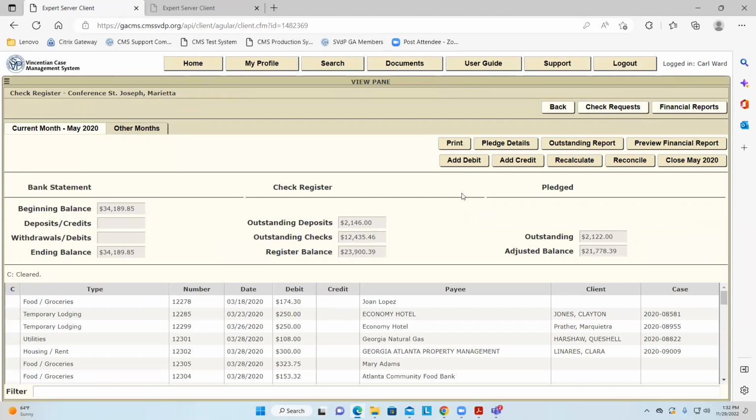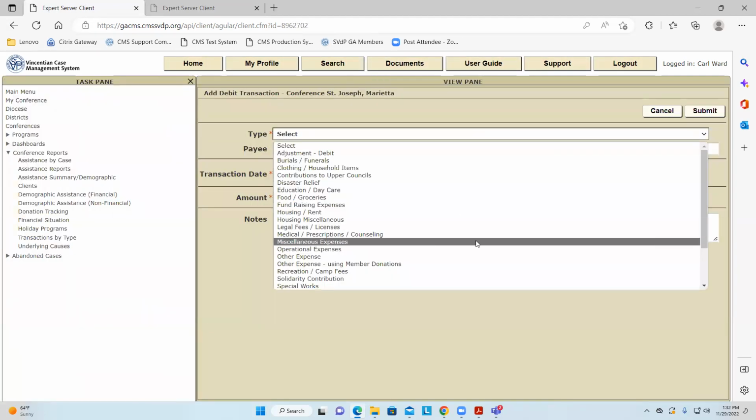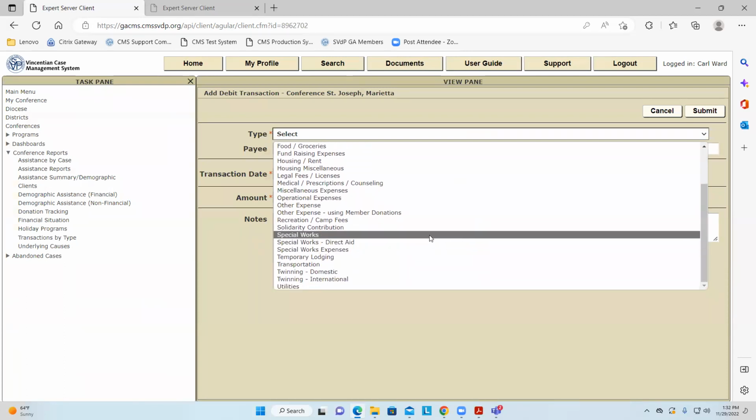But special works, like making sandwiches or putting together some kind of welcome basket outside of the holiday program. There are a lot of conferences that have decided to do special works, and I get questions like, what's the best way to report on it, so that I can always go back and say, here's what we spent money on in special works, helping individuals.